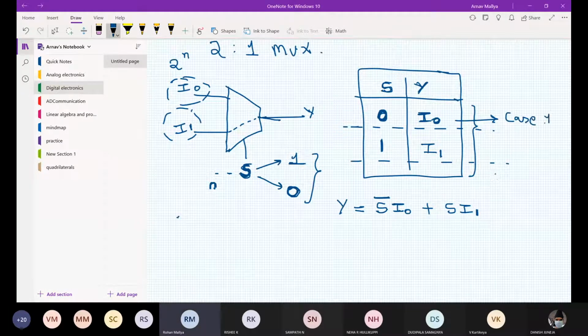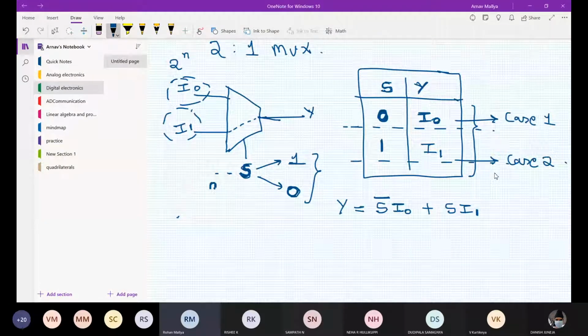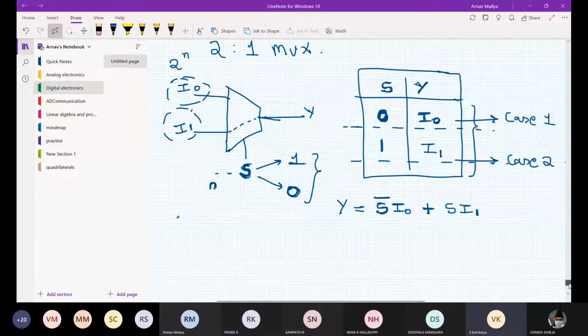Hence, I can represent this 0 as s bar into I naught plus, by plus I mean the other combination, s into I1. So this is the way you write the sum of products, the SOP form. Okay, thank you, bro.